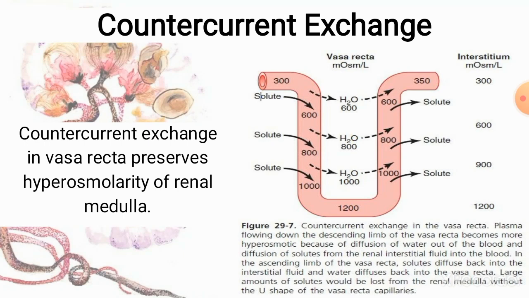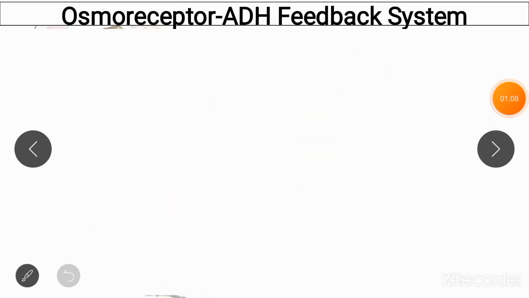So remember that countercurrent multiplier forms the hyperosmolar renal medullary interstitium, while countercurrent exchange maintains it and does not allow solute which was accumulated with the help of countercurrent multiplier to be washed away through the peritubular capillaries. So let us now move on to the next topic, which is the osmoreceptor ADH feedback